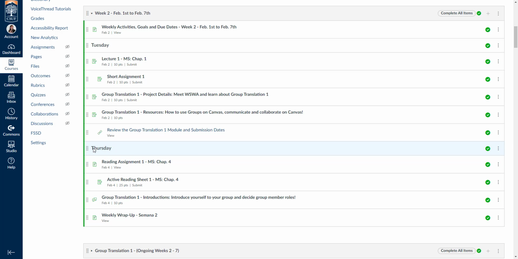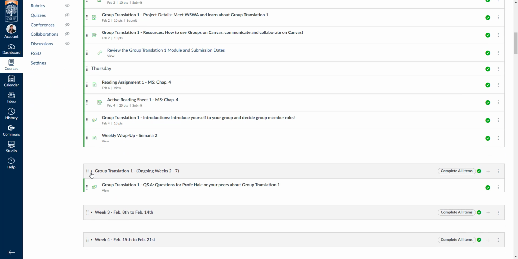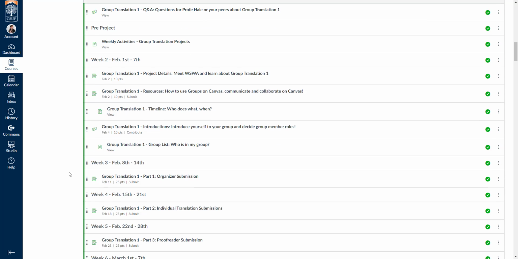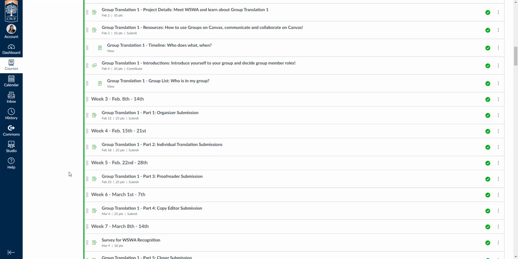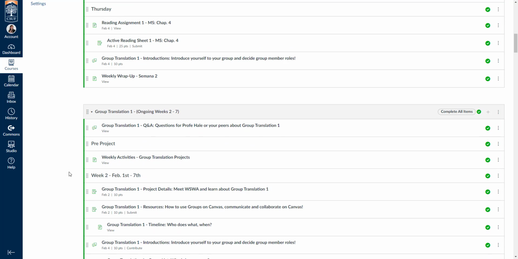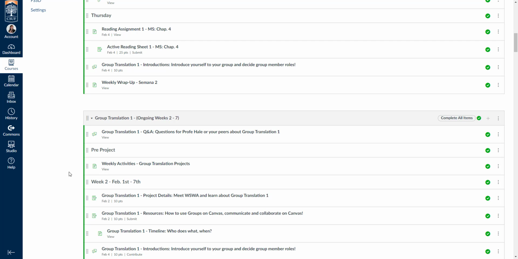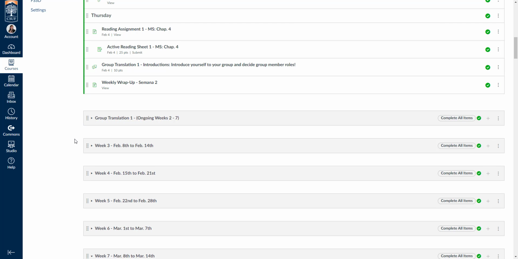Other faculty like to organize their modules by theme or topic, having one module for 2 or 3 weeks in their course, depending on what they're doing. I also like to include a group translation module that has all the activities for the group assignment and the scaffolding that we'll do through the entire semester. Even though these activities are due different weeks throughout the semester, I like students to be able to have them in a one-stop shop. So you can create your modules for a syllabus, by theme, or by weeks for the